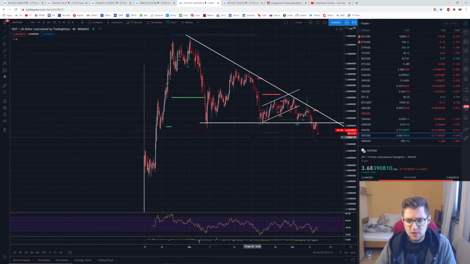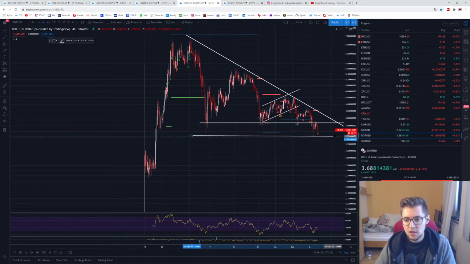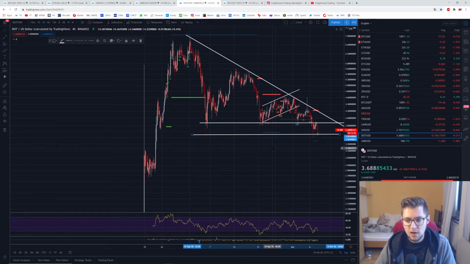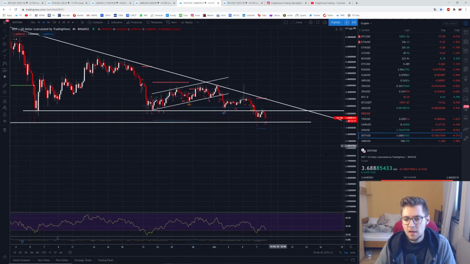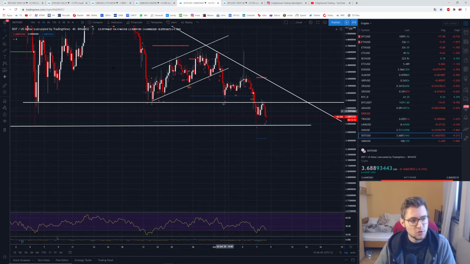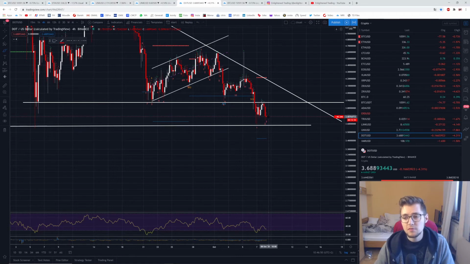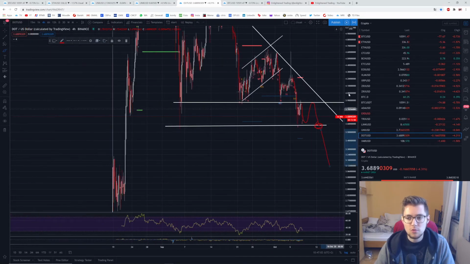So also not looking very good. I'm not surprised we bounced in this range. I also talked about this range here around 3.6 to $3.55 here for Polkadot. So I'm not surprised we bounced in this range. And what I would now expect is that, of course, if Bitcoin does not move, goes sideways, or breaks down, that we see further consolidation before then again breaking this important support and then moving much lower,